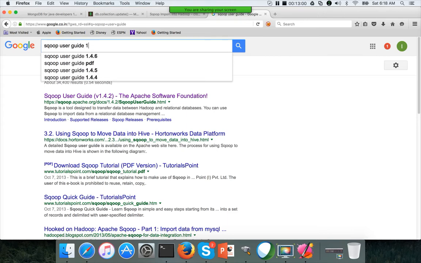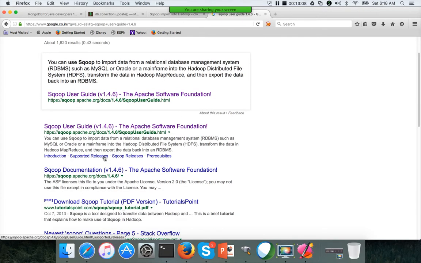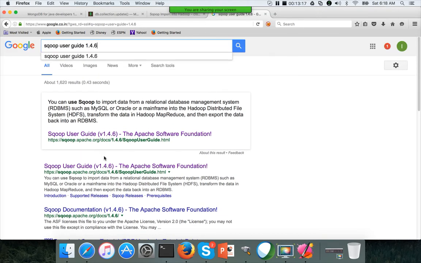The latest version is 1.4.6. When you search in Google for the Sqoop user guide, it will show 1.4.2 because Google has indexed it like that. 1.4.2 has been there for a long time, and it shows some outdated information. So you have to search for 1.4.6 or 1.4.5 and hit enter.